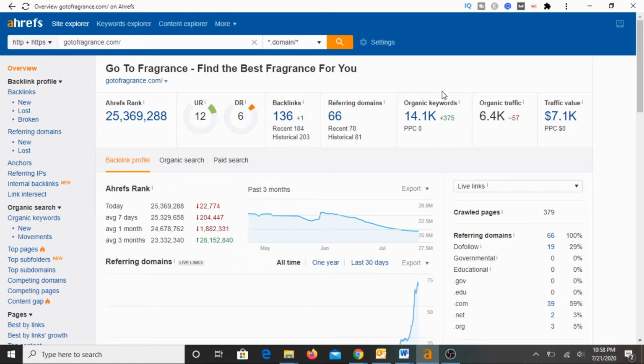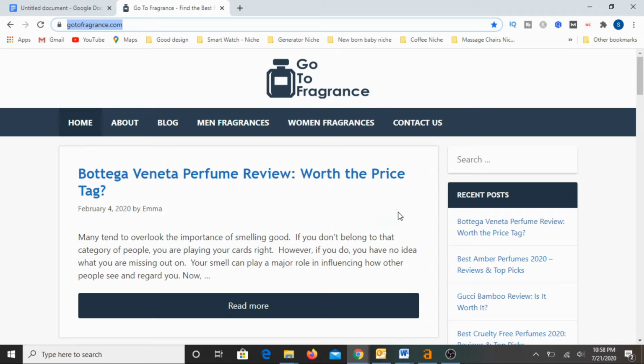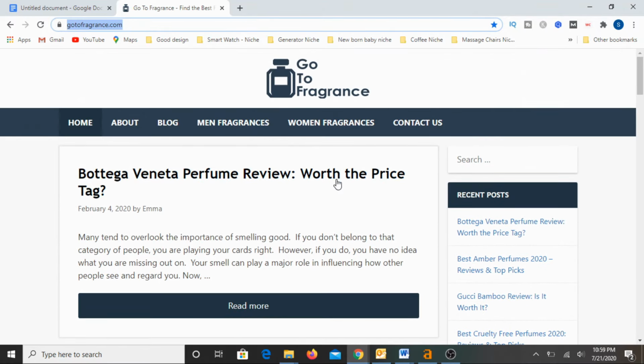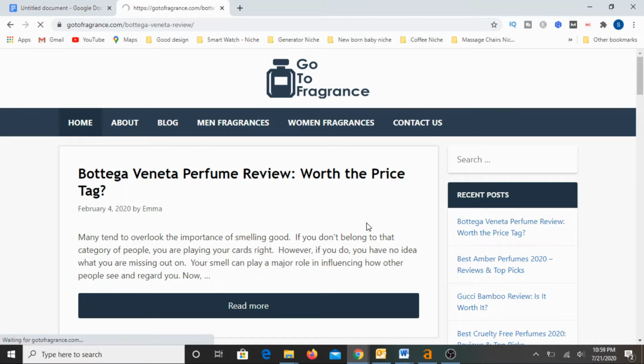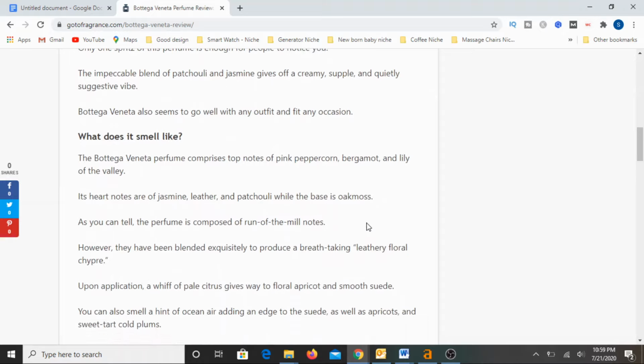This particular micro niche seems to have an excellent earning potential if you can produce solid, superior, high quality content for low competitive keywords. That's basically the story. You have verified all 5 validations, it is a perfect micro niche, and just have a final look at the website. By looking at this website itself, you should be convinced, if this kind of a basic design site with just good content can outperform with such a low DR and show such high earning potential,